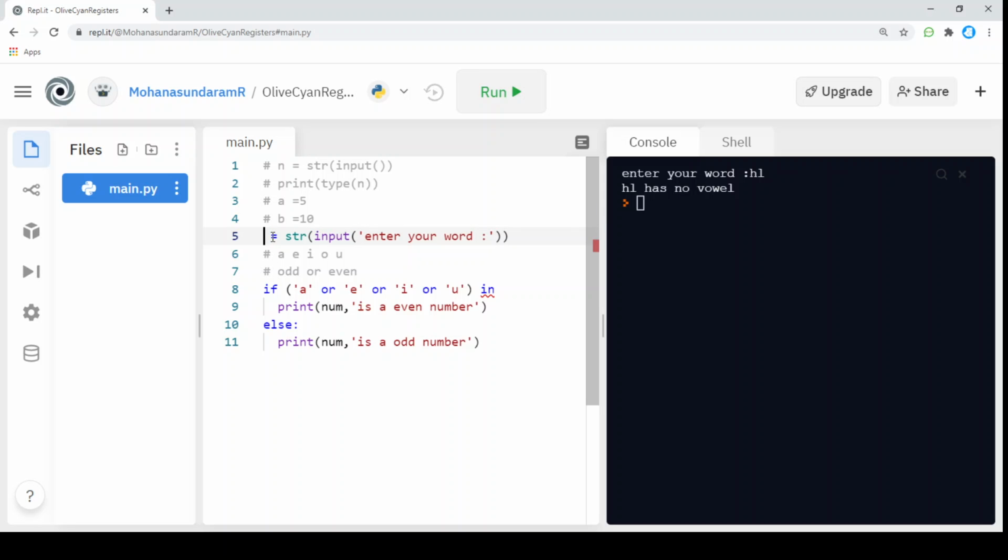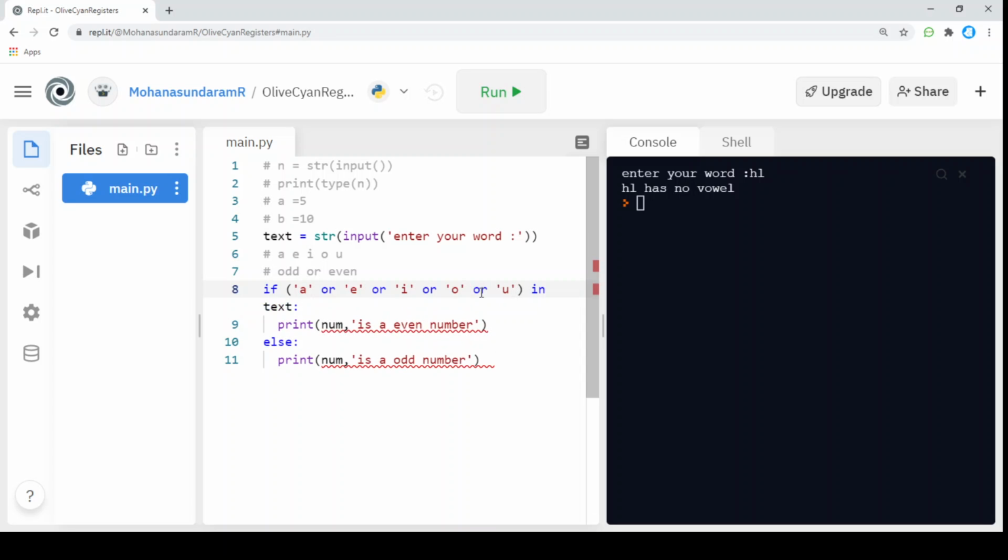I'm going to change the variable name to text. I'm going to check whether these values are present in my text value, the text that I got from the user. I'm going to check whether a, e, i, or o, or u are present in my text, then I'm going to print the text has a vowel in it.